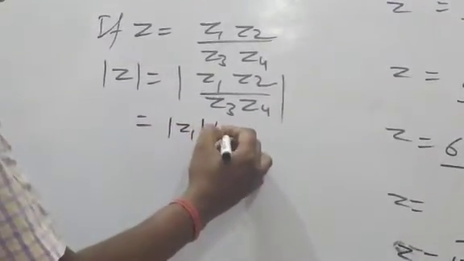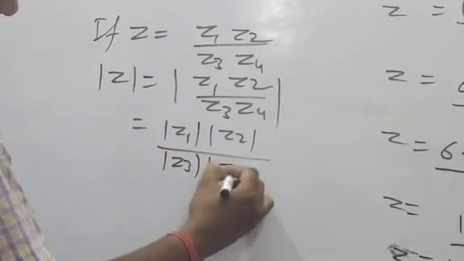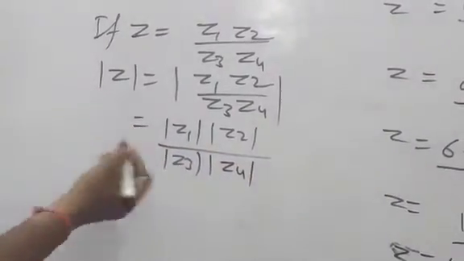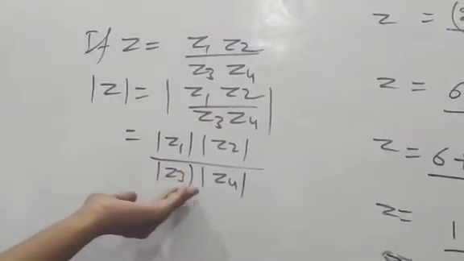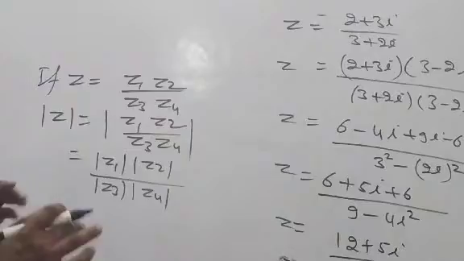Now z1 z2 upon what? z3 and z4. Clear? Now we can find them separately. Then in this question, I am going to find the direct. Direct means